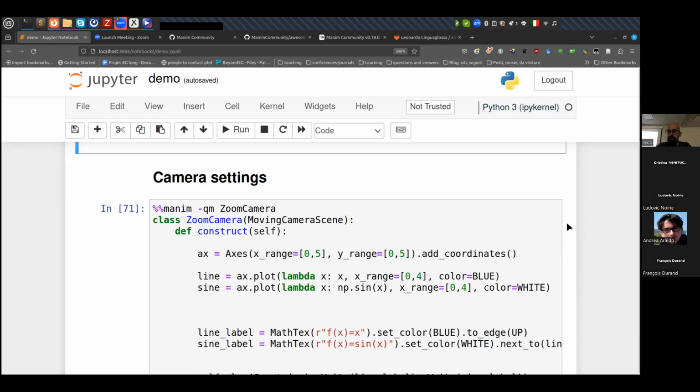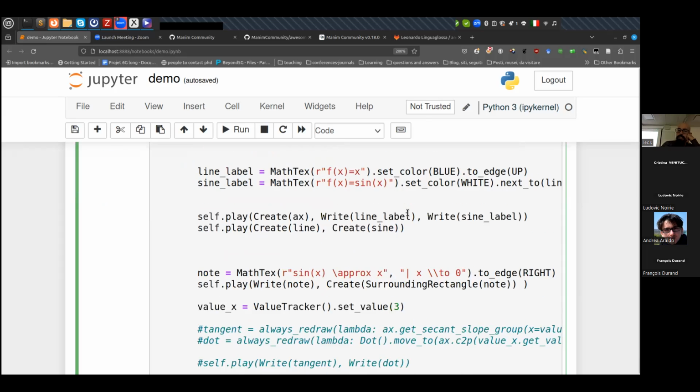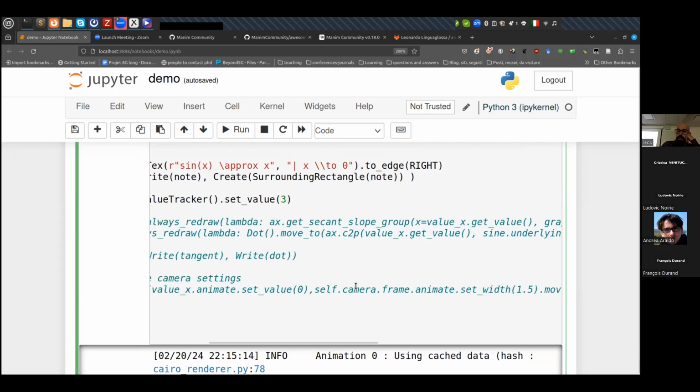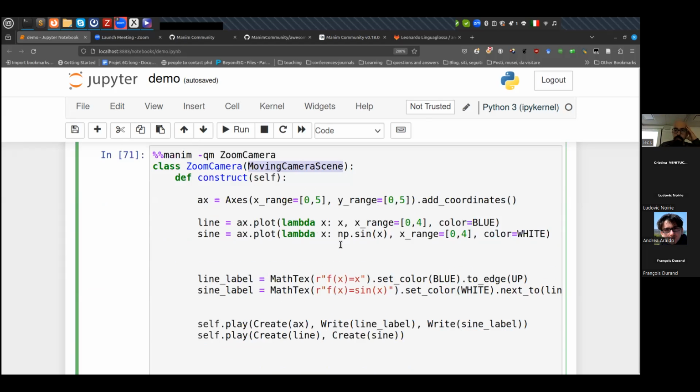Camera settings are very useful when you want to show what happens in very specific parts of your graph. Instead of inheriting just from the Scene class, you inherit from the MovingCameraScene, and in this case, you will have access to self.camera.frame.animate. So you can animate, for instance, the camera to go zooming, the camera to go farther away. And I wanted to show this because in this